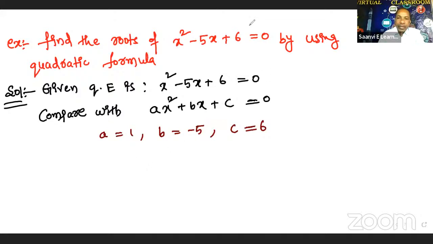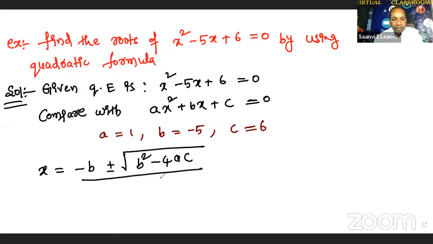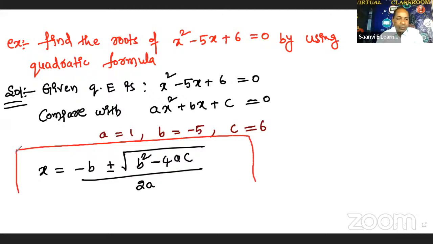Now apply the quadratic formula and find the roots. What is the quadratic formula? The quadratic formula is x is equal to -b plus or minus root b square minus 4ac by 2a. So this is the quadratic formula. By using the quadratic formula, now